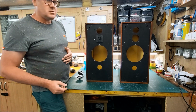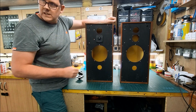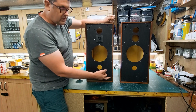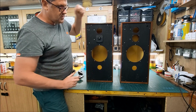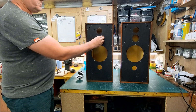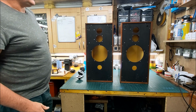So part one is just kind of a look at it and an introduction, really. Make these look nice. I haven't got the covers for them, so I need to make new covers. That's not a problem. I've got some pegs as well that will fit into here, but I'm not too sure yet whether I will, like the LS35A, go round it with Velcro, because that helps with these edges, just gets rid of some of the edge diffraction, which can cause a number of issues, phase issues and things like that,